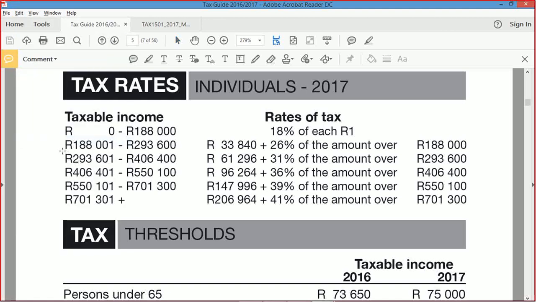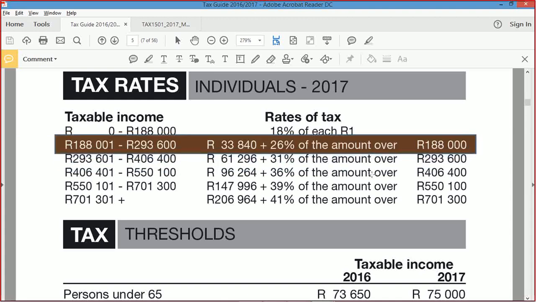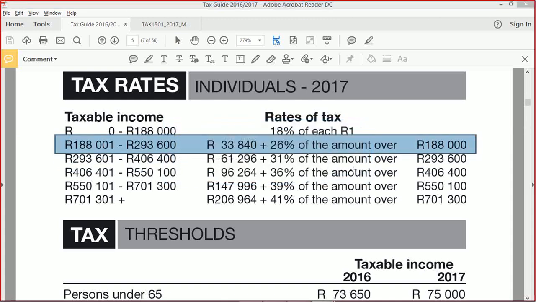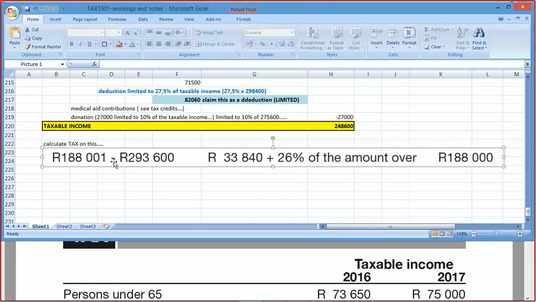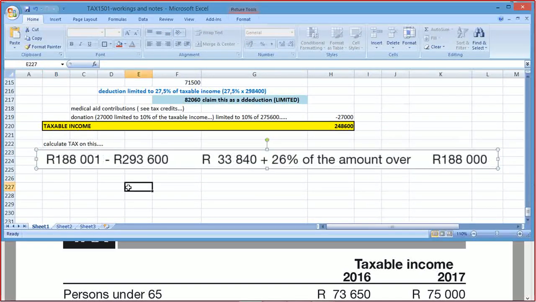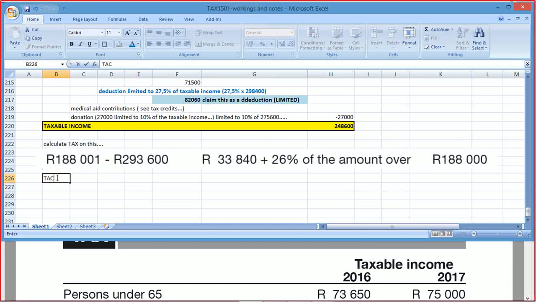What is the amount? 248,600. Oh, the second one, yeah. She falls in the second bracket, right? This one here. Yeah. Okay, so let's copy that. She falls into that bracket. Okay, so tax equals